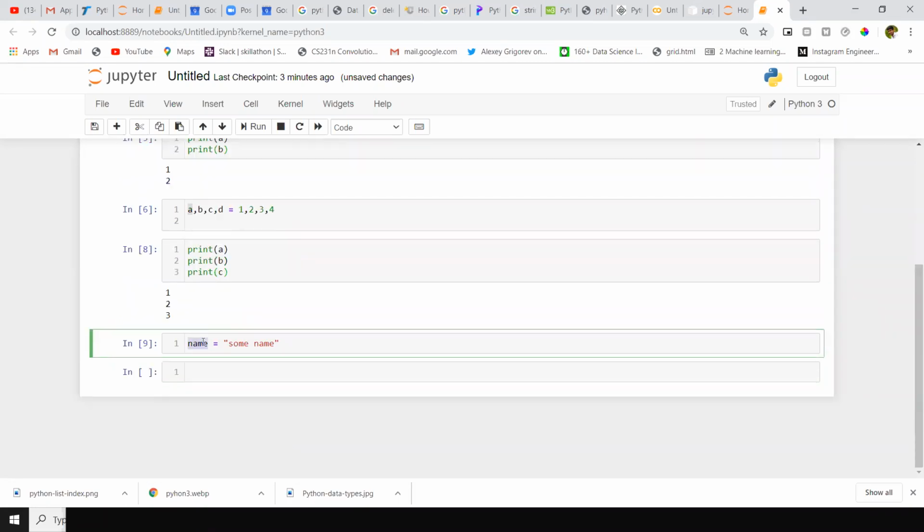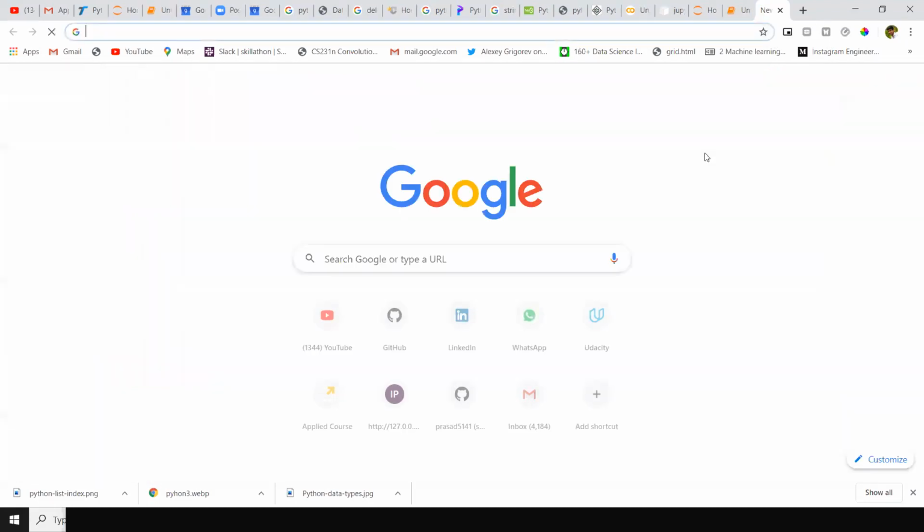Here name is a variable, right? To take this name, we have some conditions. This should be a string. It should not be a number. Like we can't assign 1 equal to name. We can't do this. Why? Because we have some guidelines here. We call them PEP guidelines, PEP8 guidelines. I'll show documentation regarding that.